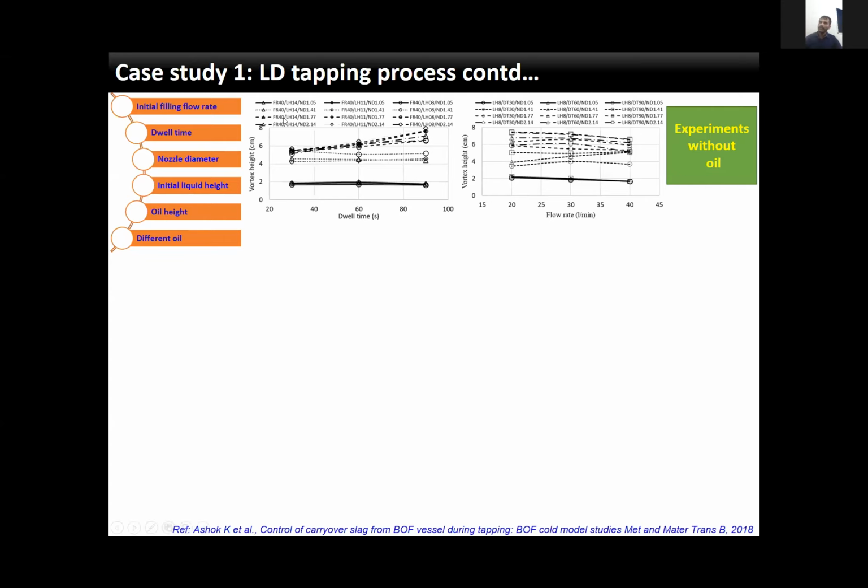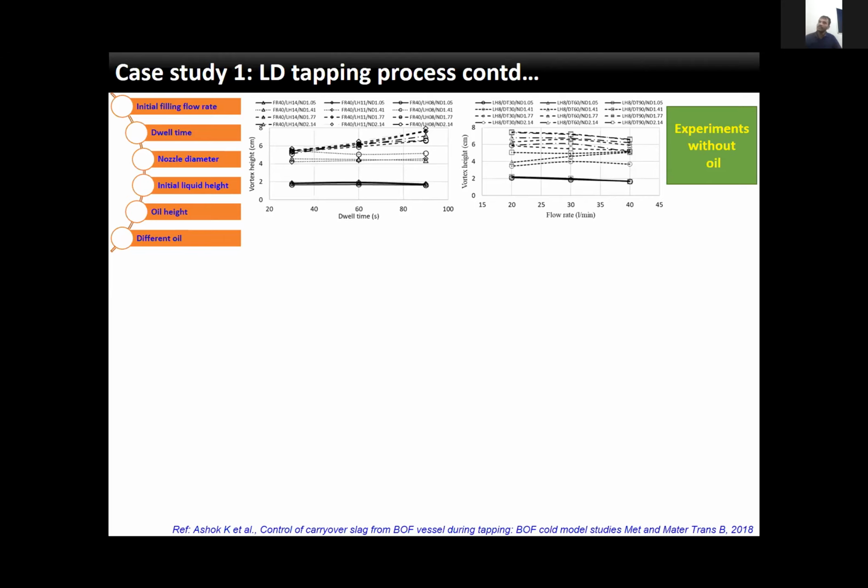So you may be surprised to see the tapping and teaming. Here, if you increase the dwell time, the vortex height is increasing. There in teaming, it was decreasing. And when you increase the flow rate, it is marginally decreasing. There it was increasing. So it was understood that in teaming, the understanding with most of the researchers was that in all the transfer operations, if the residual motion in the liquid prevails, then it will assist vortex formation.